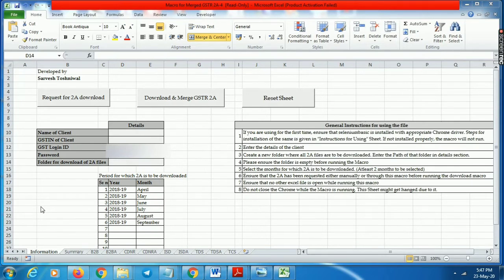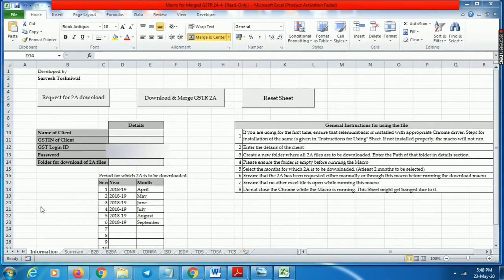So as we know, for doing GST reconciliation we require to download and merge 2A for the entire year, and for people who don't use any software it becomes a very tedious task to manually go on the website and download the 2A monthly and then merge them, especially when you have to do it for multiple clients. It takes almost half an hour to manually merge 2A for the entire year, and even after this, we sometimes encounter